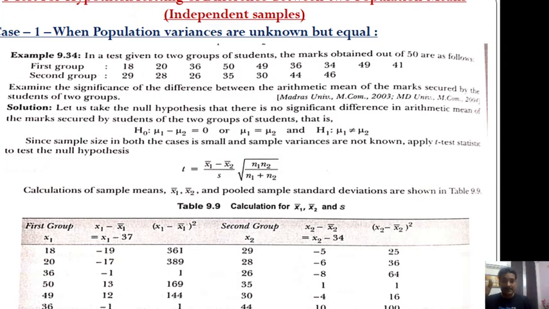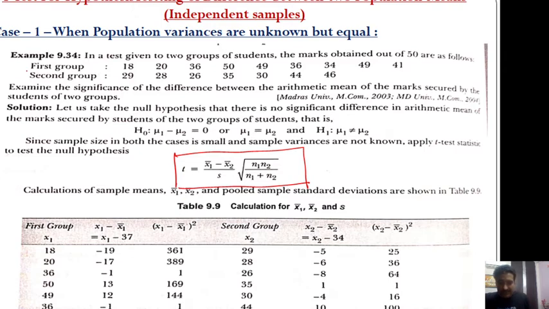Another application of the t-test is hypothesis testing for the difference between two population means, with independent samples. One thing you have noticed is that we apply the z-test also to check the difference between two population means. We apply the t-test also, but the sample size is smaller, less than 30. That's why here we would apply the t-test. The t-test statistic is calculated by this formula when we are testing whether two population means are equal or not.